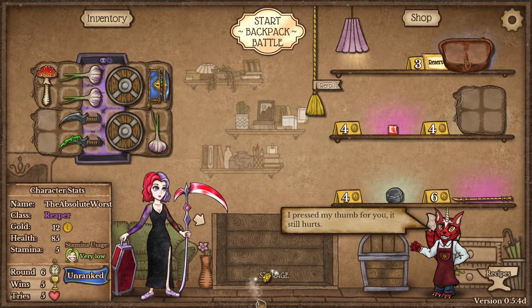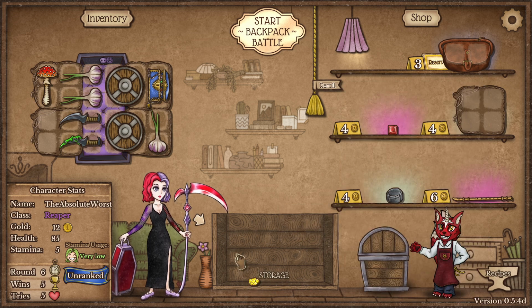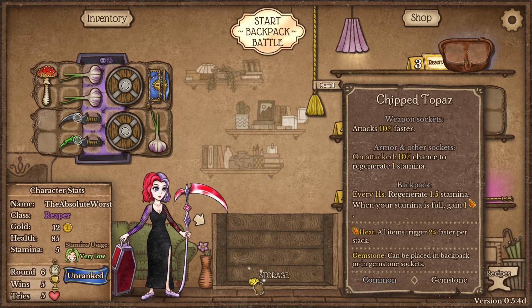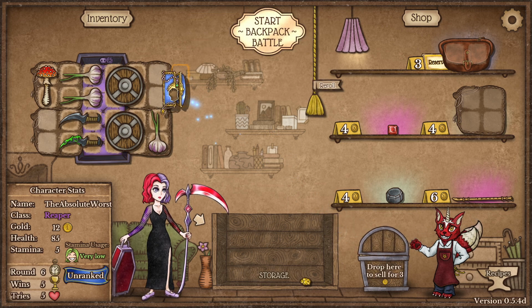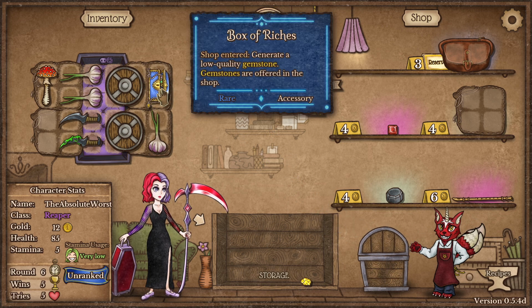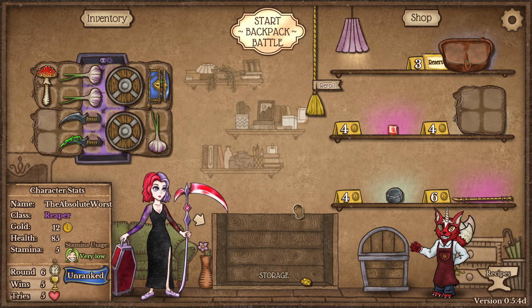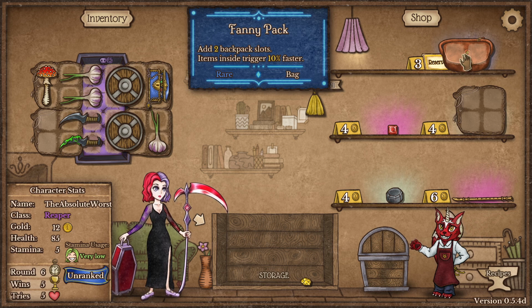Sweet. Okay, so you can see we actually generated our own gemstone there. And that was from having the box of riches in our inventory. So now that we've gotten 1 gemstone, we could sell the gemstone for 1, and then we could sell this for 3, and we've made money off of this box of riches without detracting from our strategy at all. So I think we're going to...